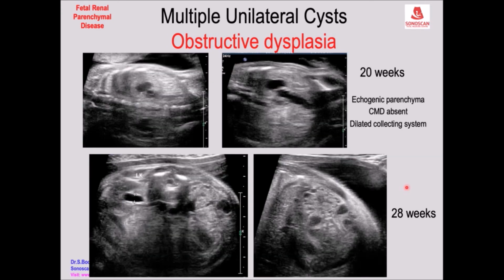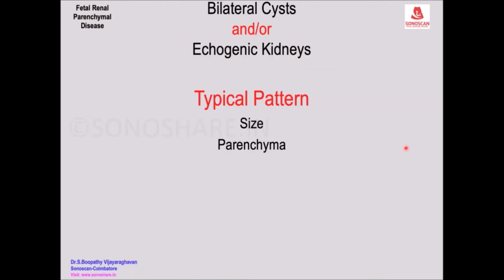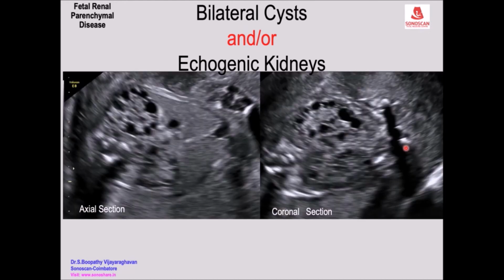One of the theories of evolution of multicystic dysplasia is early obstruction. So this is the same fetus, and this is typical of multicystic dysplastic kidney, due to early obstruction or enlargement. The parenchyma has the typical appearance, and the cyst appearance also has a pattern. And with all these three parameters, because of the varying combination, we consider nephronophthisis.